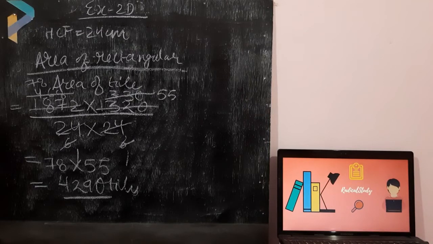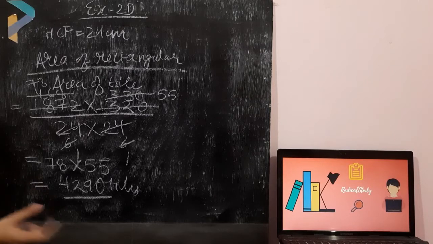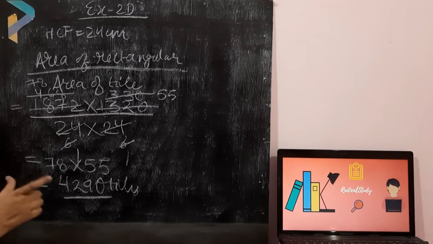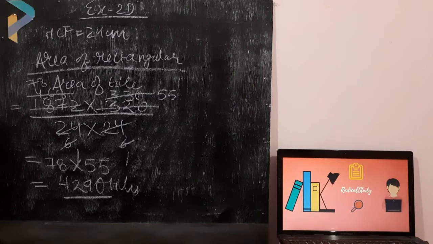4290 tiles. So the questions which I have solved in this video are your classwork. You are supposed to do those questions in your classwork copy, and the questions which have a tick mark with the image, those questions will be your homework. And the last question was very long, so you may not understand it in the first go. It is possible that you do not understand it the first time. So I request you to watch that part of the video again, and if you still do not understand, then you can consult me.